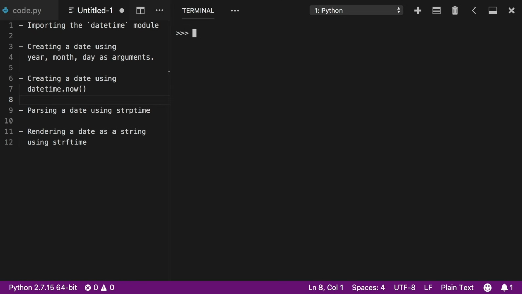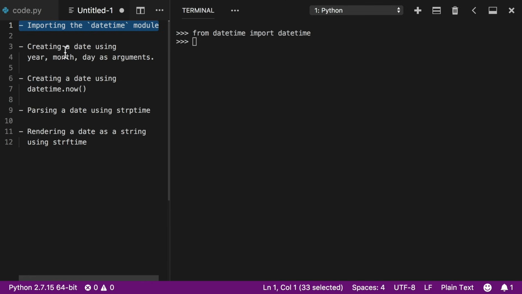And the first thing we need to do is just import it. So this should come with Python by default. So we should automatically have access to this. And all you have to do up here is you can say from datetime import datetime. So this is the datetime module which we're going to be importing. So you can just hit enter, and now we should have datetime here available for us to use. So that's this first step here. We looked at how we can import the datetime module.